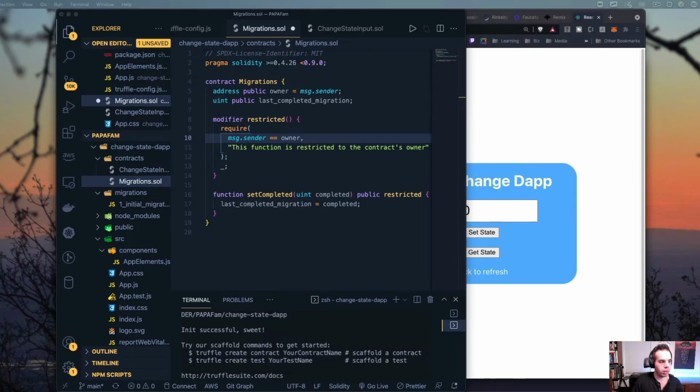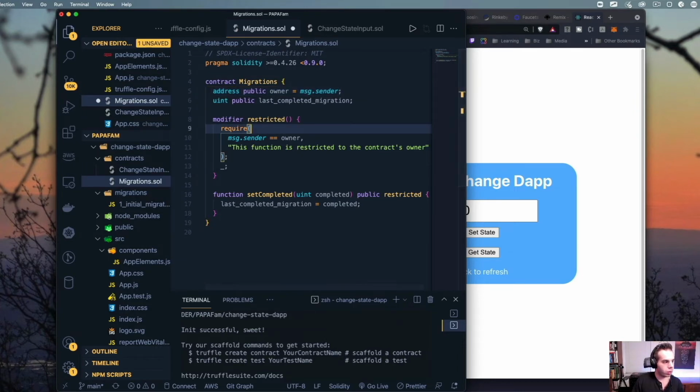And then you'd be able to do different things like modifiers, which we'll get into at a later point. But you could modify contracts and make maybe the message.sender, or the person that deploys the contract, have admin rights to only do a certain function that no one else can do, for example. So that's just important with message.sender. But we have our owner, which we declare as message.sender, and that's the person that sends the contract to the blockchain. We then have a public last completed migration. So this is all kind of boilerplate set.